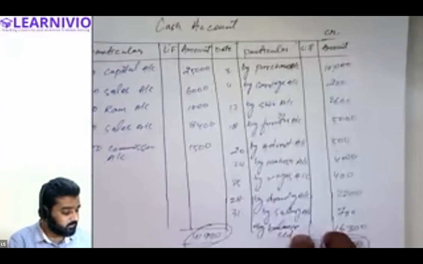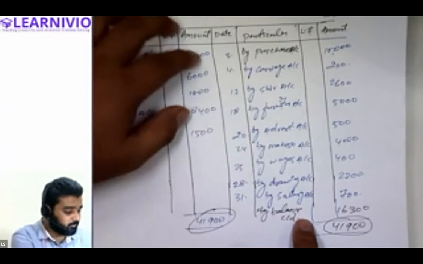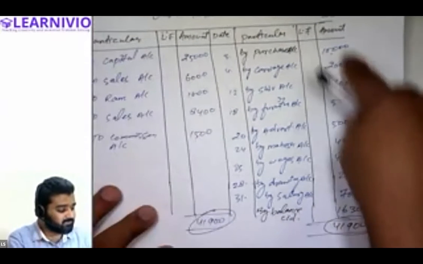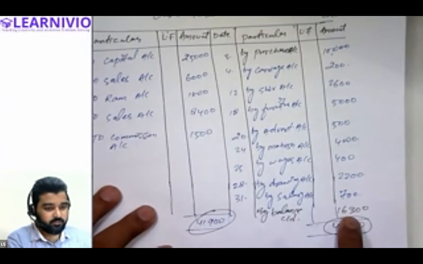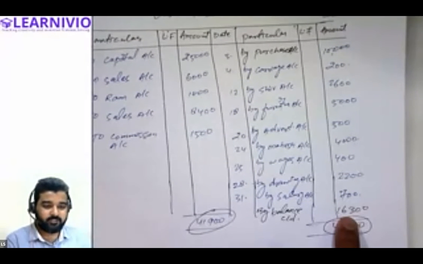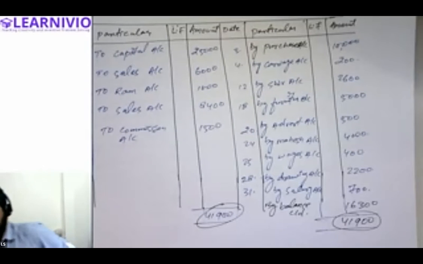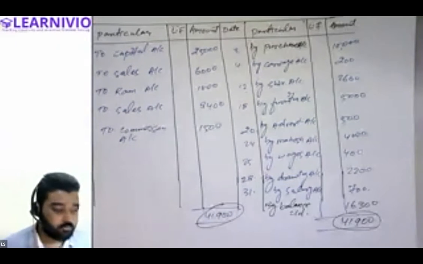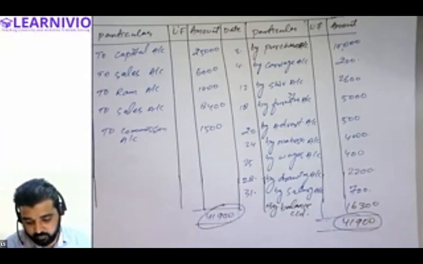So at the end of the year, what is the amount of cash that we are left with? In order to calculate the balance amount, from this total amount we reduce these values. After doing this, we will get the balancing figure. This balancing figure indicates that we have a total of 16,300 cash left in the business at the end of the year. Yes, sir, for the credit side, what total did we get? On the credit side, your total was, I think I have got 25,600.